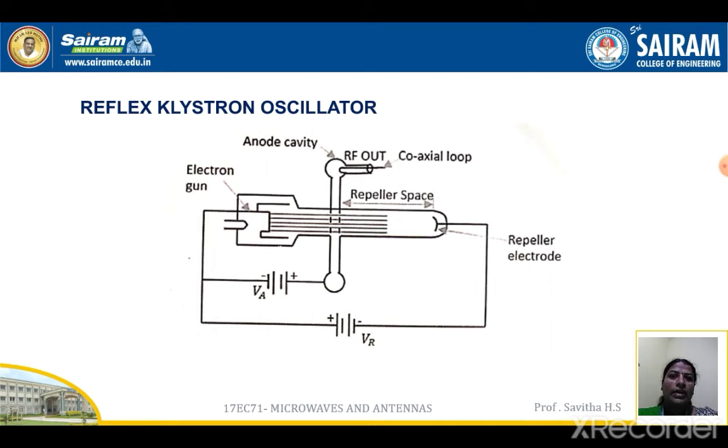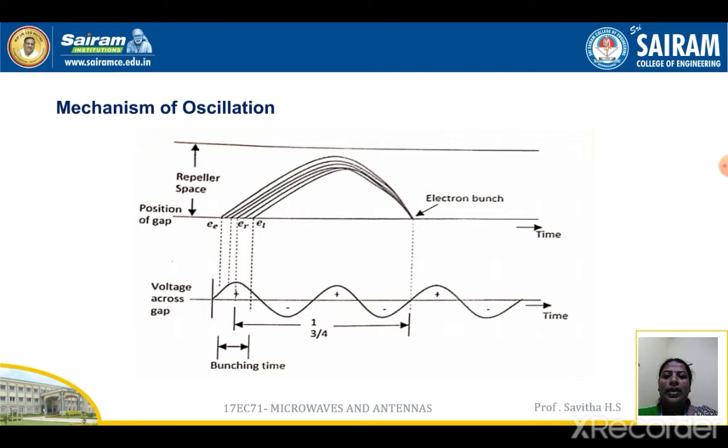We have another electron, the late electron, which we'll take as EL. It starts later than both the electrons. However, it moves with a greater velocity while returning back, reaching at the same time as ER and EE. Now these three electrons, namely ER, EE and EL, reach the gap at the same time, forming an electron bunch. This travel time is called the transit time, which should have an optimum value. In the figure you can see the three electrons EE, ER and EL; their traveling times will be different but they will reach the electron bunch at the same time.